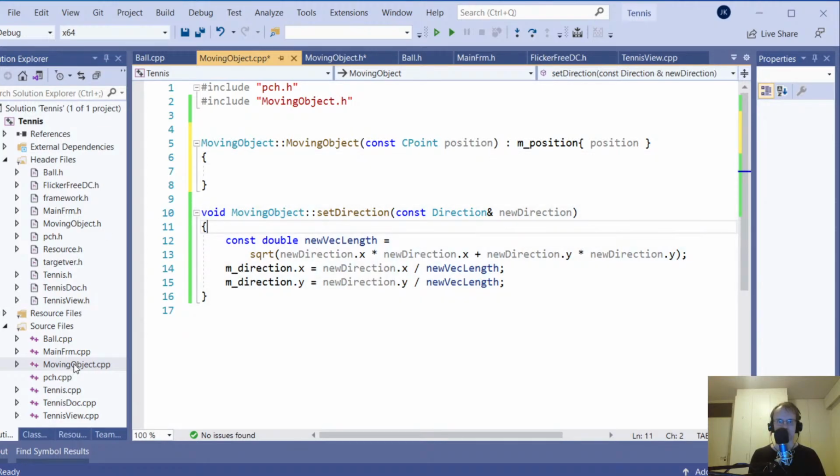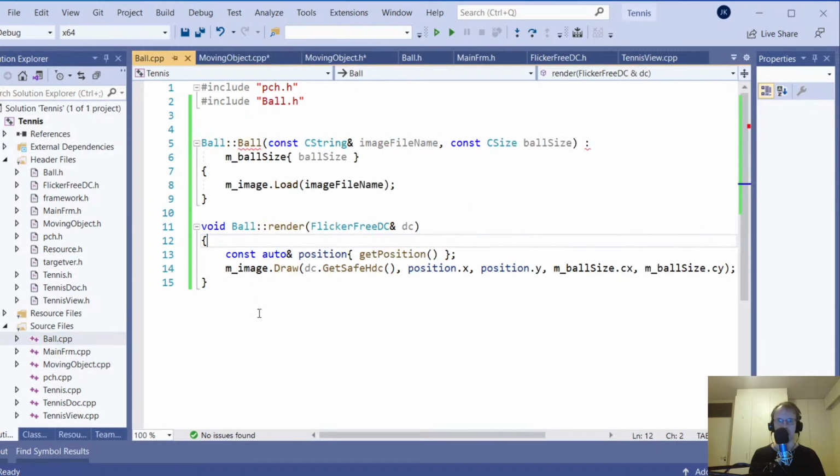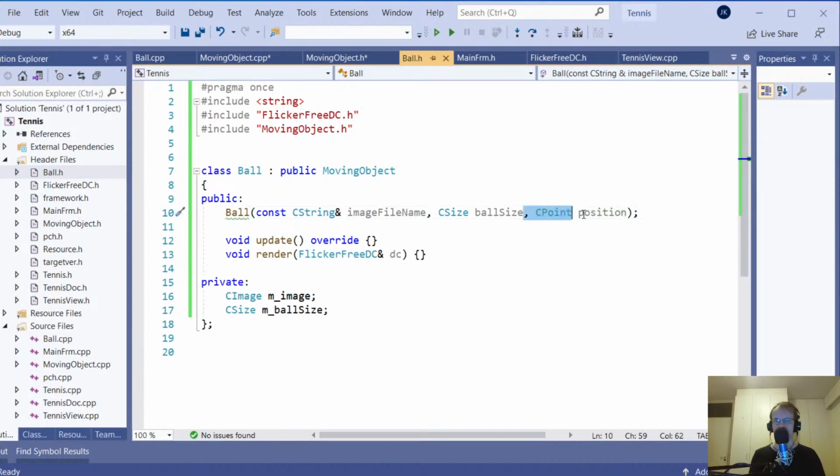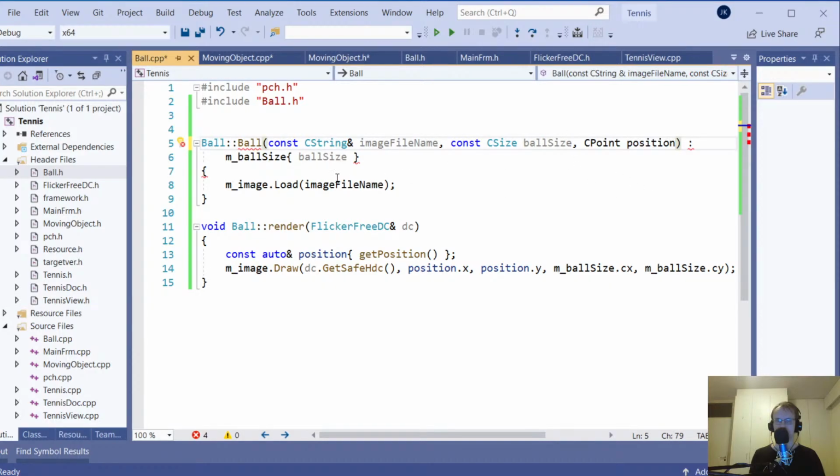So yeah, the position is now set, and the ball now needs to, we need to implement that position in the ball. So I'm gonna say here that const m position, like that. And now